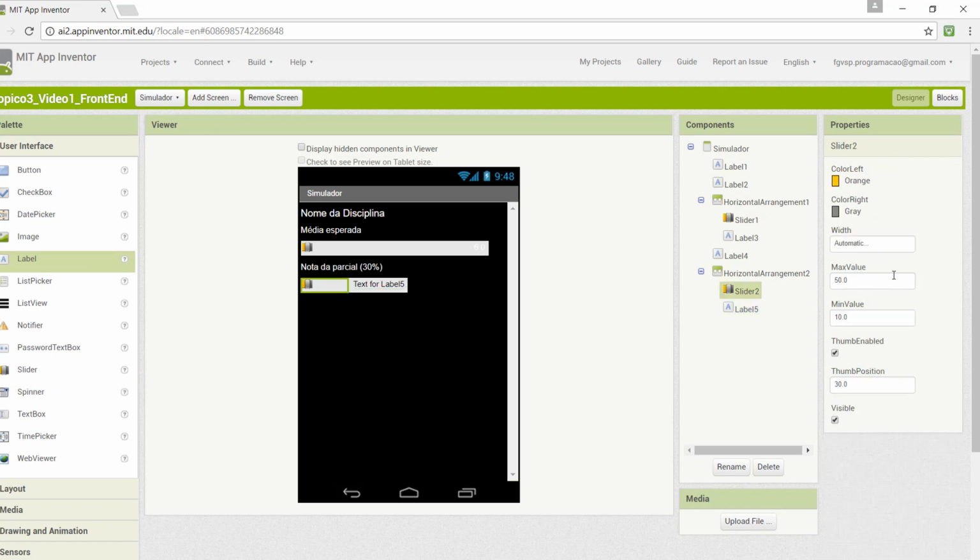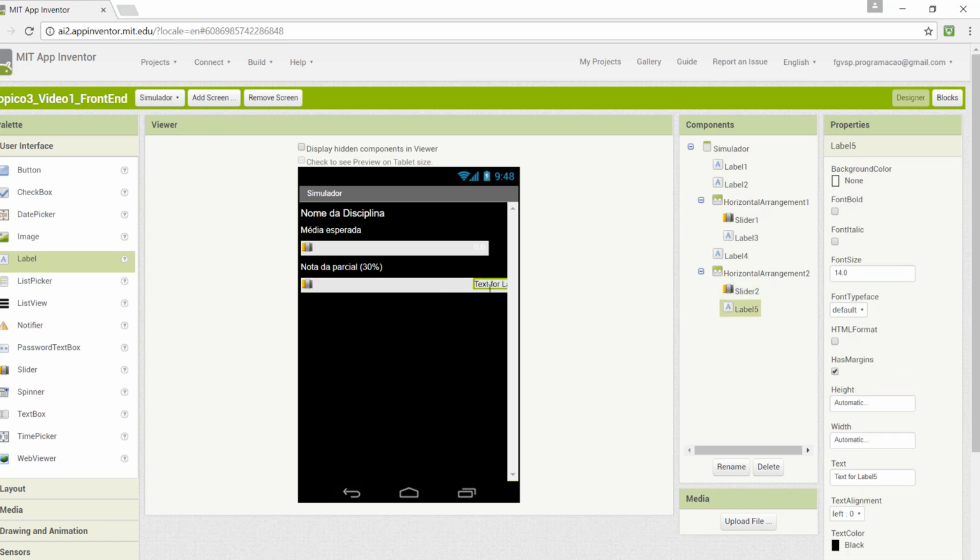And now the attributes. Width 80%, max value 10, minimum value 0, thumb position 6. Label, size 14, text 6.0, and color white. Now the participation grade. Text, participation grade 30%,